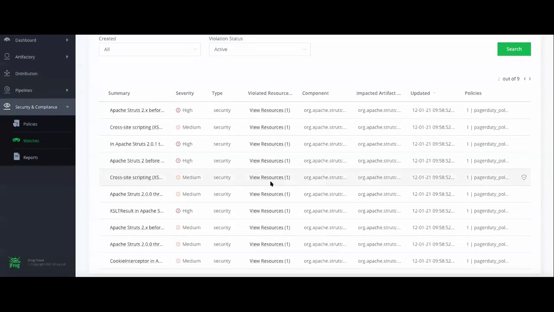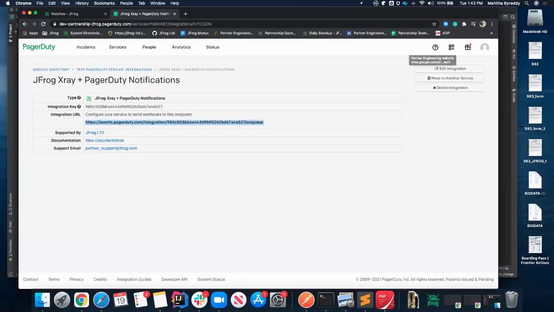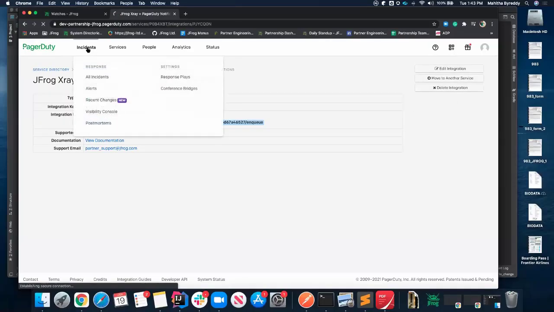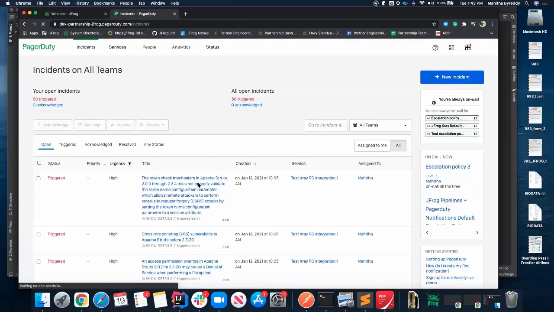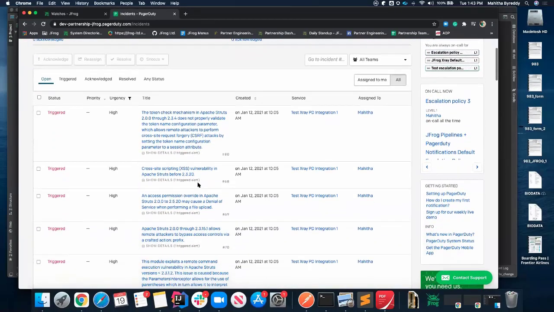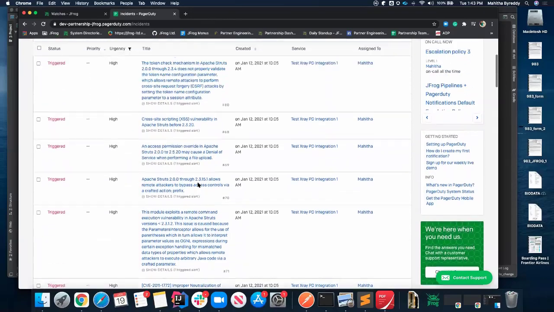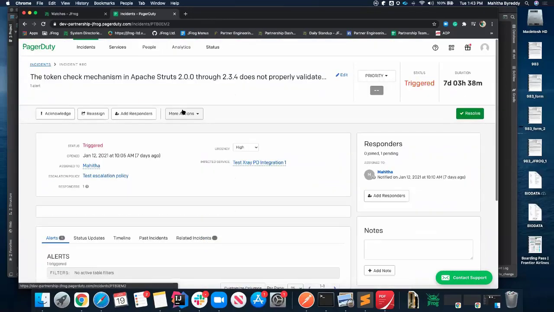Now let's head to PagerDuty to see if there are any incidents generated there. Incidents here. And then we can see a bunch of incidents that are triggered. Let's click on an incident.